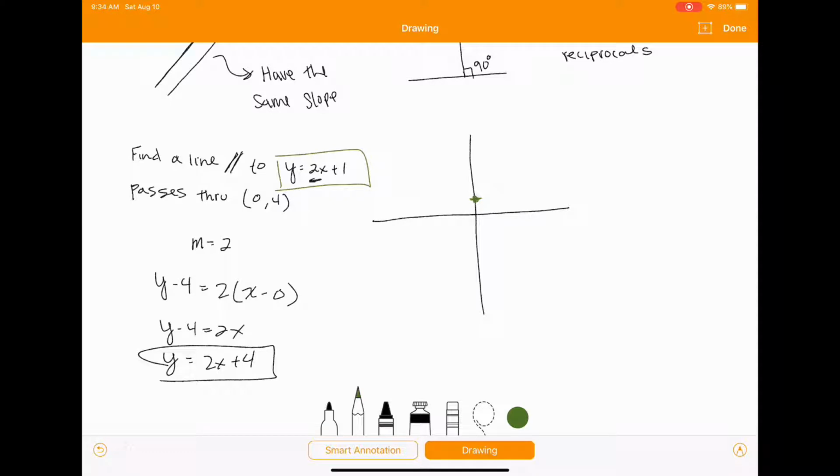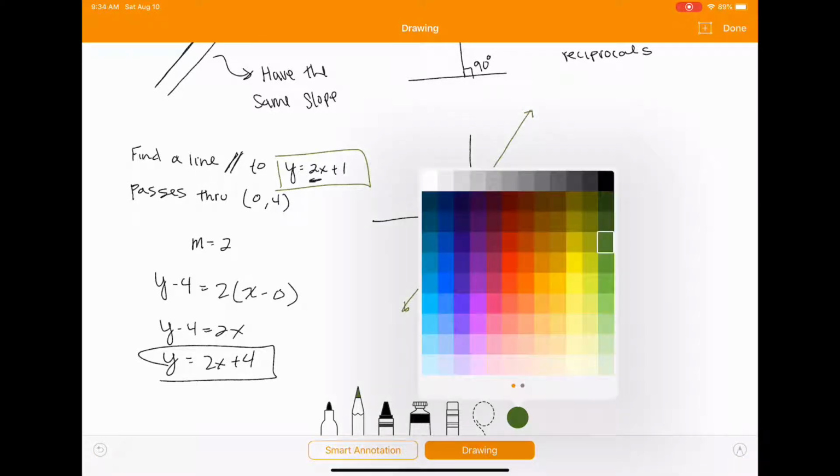So we're going to go 1, 2, 1. So that's our given line, and we were asked to find a line that is parallel to that, but also passes through